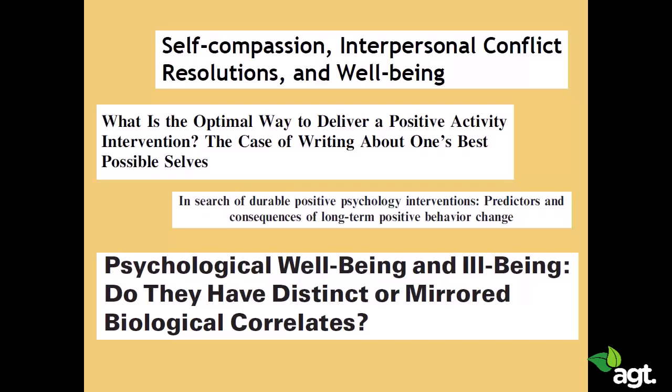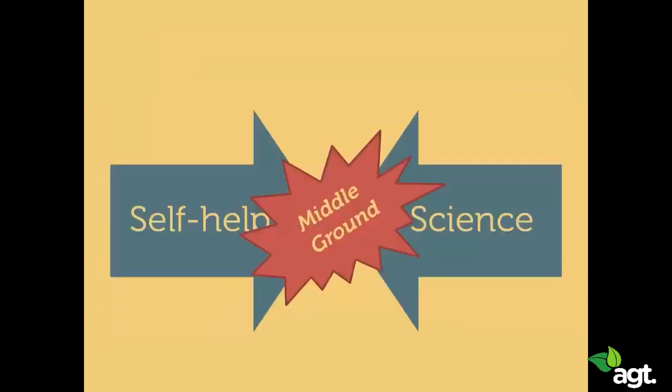But what this course is all about is finding the middle ground. The middle ground between self-help and science. The main question becomes then, how can we apply this research to help us make long-lasting positive change? This middle ground is also what made positive psychology, back when it was taught at Harvard University a few years ago, the most popular course at the university.